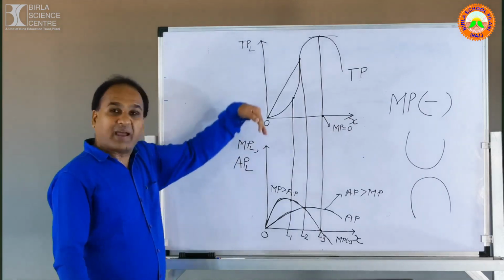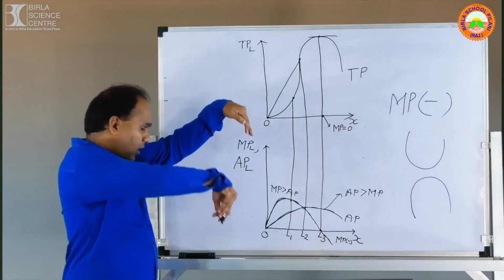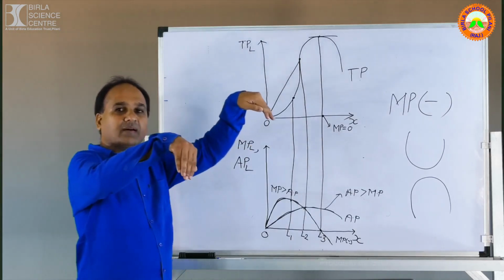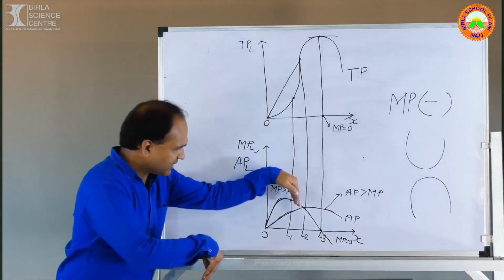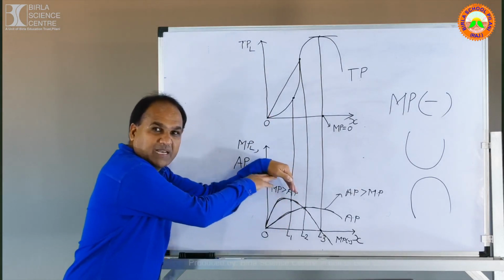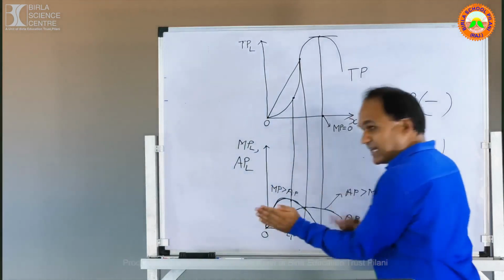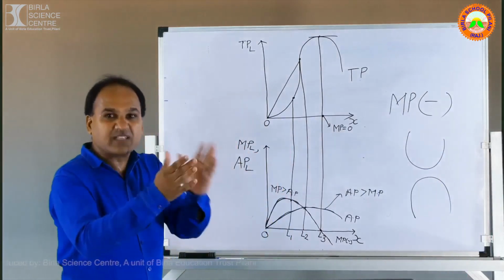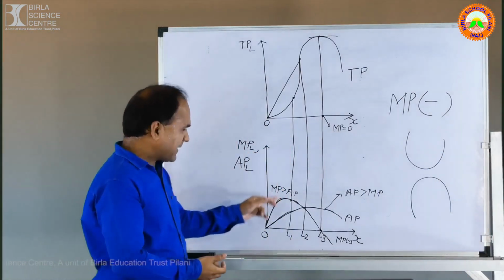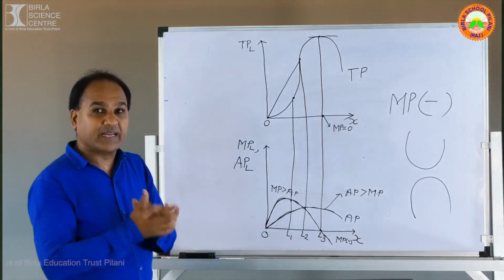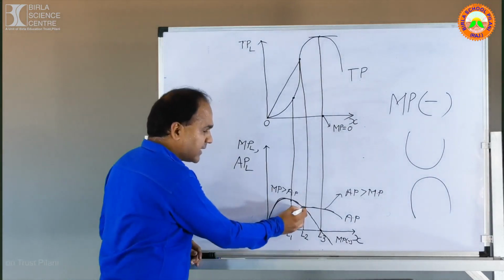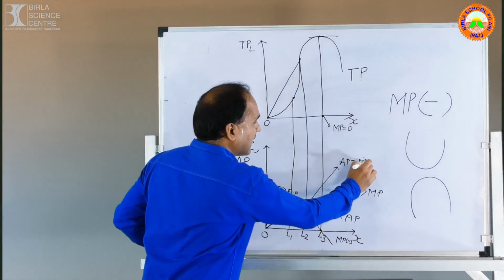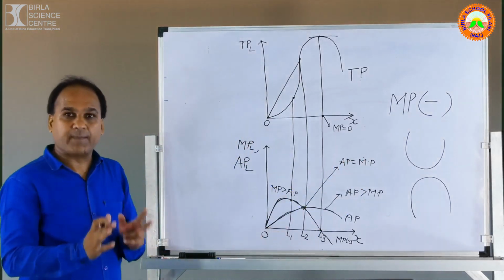And last, this is my left hand and this is my right hand. This is my left hand, called MP. This is my right hand, called AP. Just see. MP यहाँ पे left side में. Again coming here, my left hand. That means MP is always on the left side of AP, except in one condition. Except when AP is equal to MP.